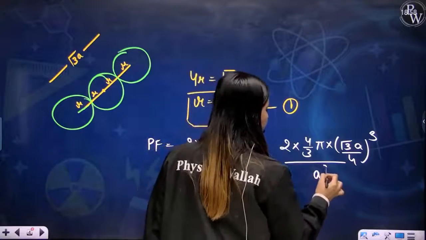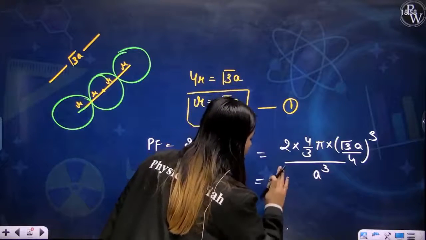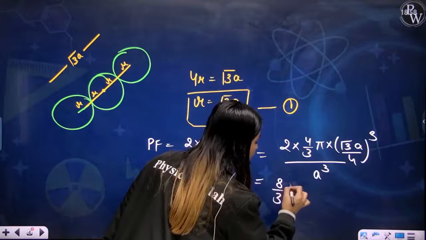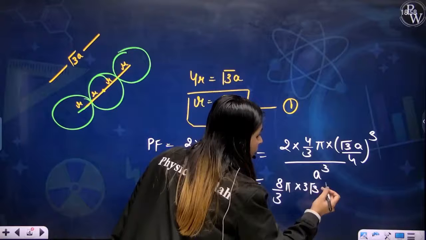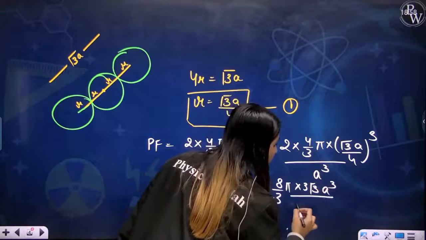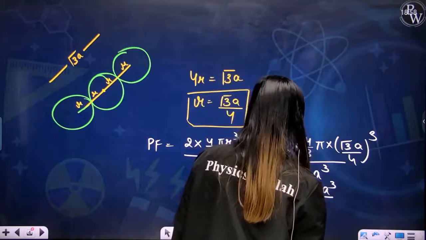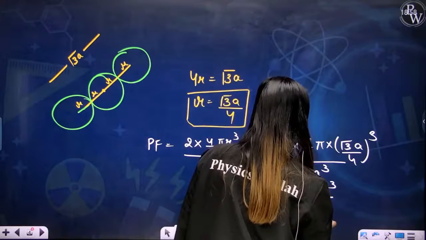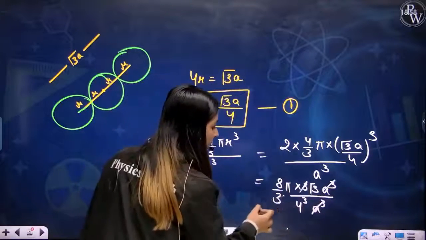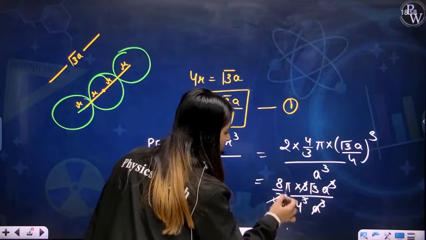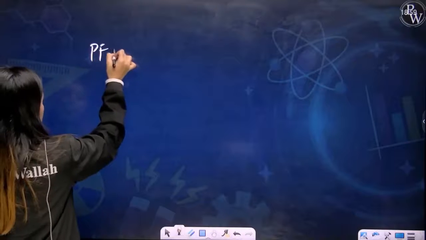A cube. Right? Yes. So let's try to solve this. This would be equal to 4 into 2 is 8 by 3 pi, and this would be 3 root 3 a cube by this would be 4 cube a cube, right? Yes, a cube will be cancelled by a cube. You will cancel 3 by 3. This 4 you will cancel, 1 by this would be 2. So your packing fraction is equal to,